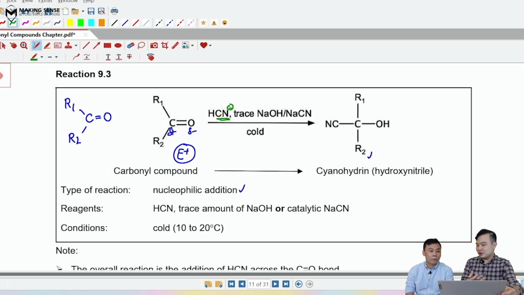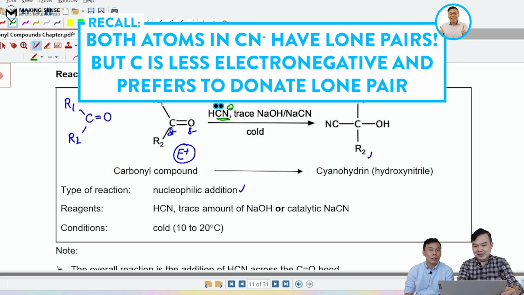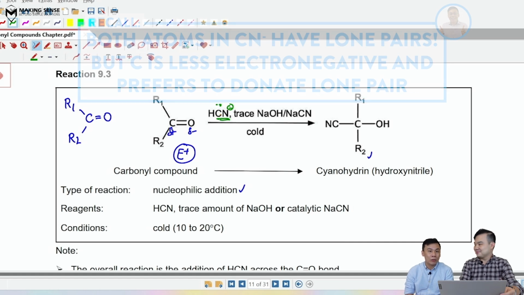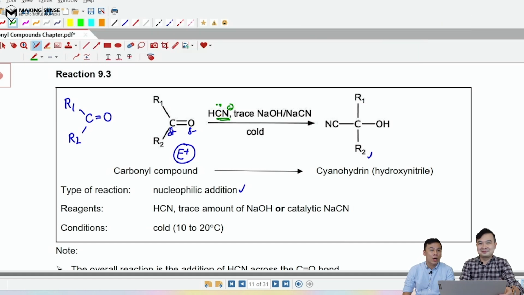So which is the one that is going to be more available for donation? Right. So the one that is more available for donation will be the lone pair on the carbon, because carbon is less electronegative than nitrogen. So being less electronegative, it will be more willing to give up its electrons for donation. That's right. So this is going to do a nucleophilic attack on the electron-deficient carbon atom,